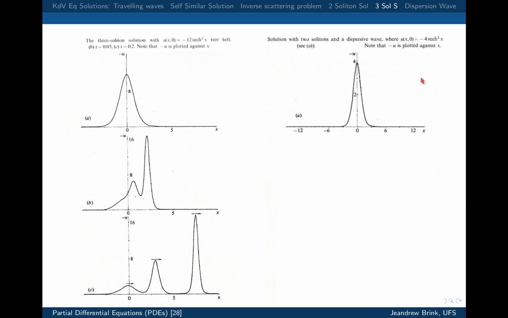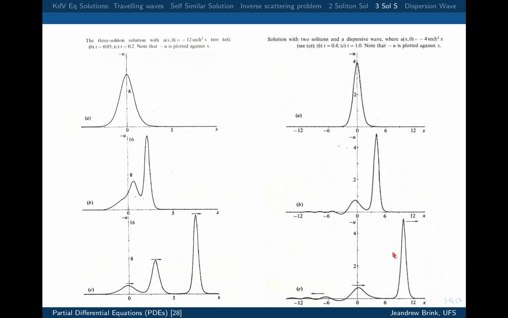So the first thing, if you work out your scattering data, you're not at a reflectionless potential, so you're going to have some B running backwards. So what's going to happen is it's going to break into the nearest soliton below it, and the remainder is going to be lost. It's going to disperse. Okay. Here it breaks into the 2 soliton waves,